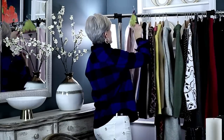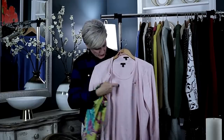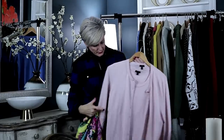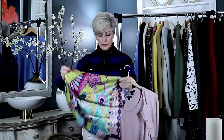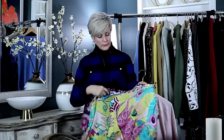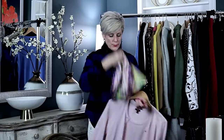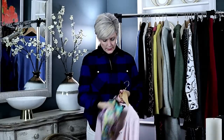And then this is a cardigan set. So this is actually very, very classic, a cardigan set. I have the matching shell, and then I have the matching cardigan. But this is also something that you can just punch up with a scarf. So there again, when you're asking me how I put my outfits together, I always look for coordinating colors. So you see the pale pink here, the pale pink in the cardigan. And then you can just really jazz up a very simple plain cardigan set with